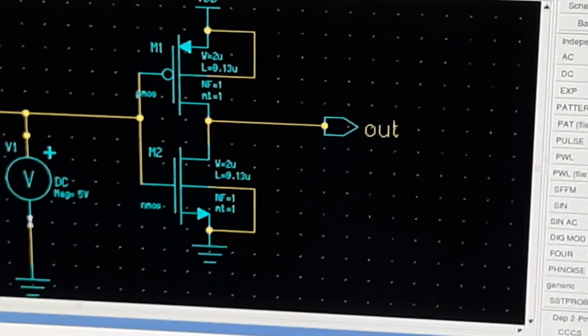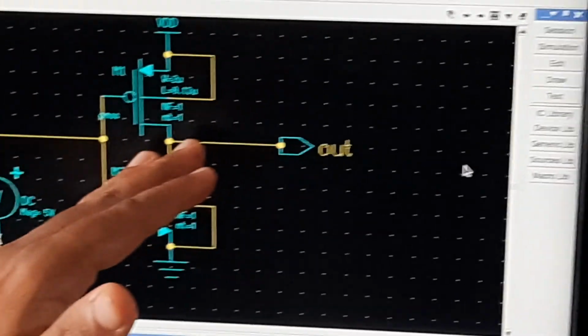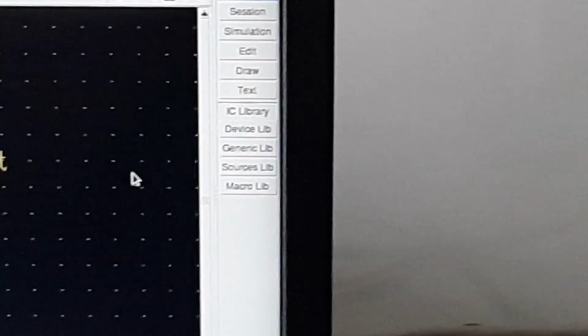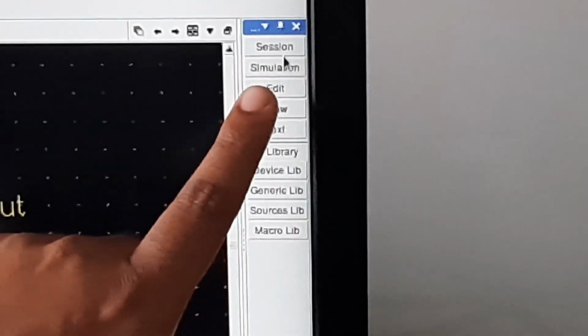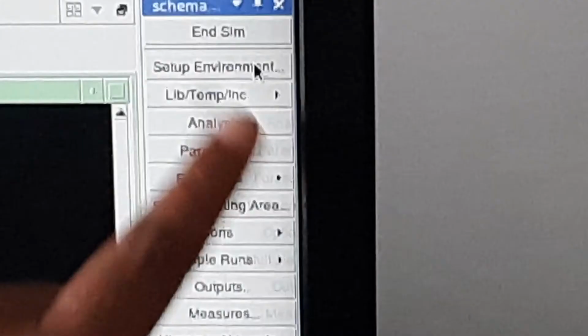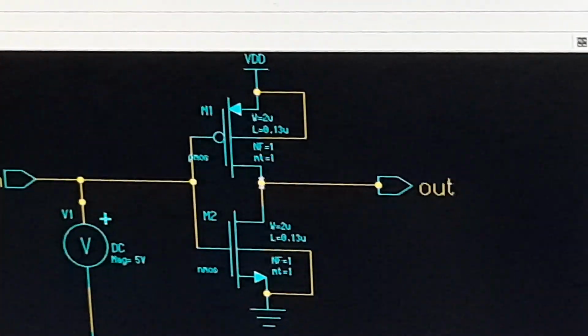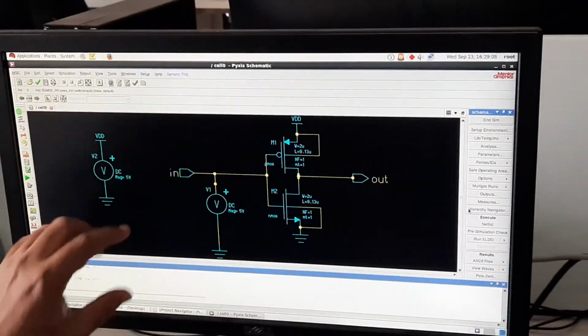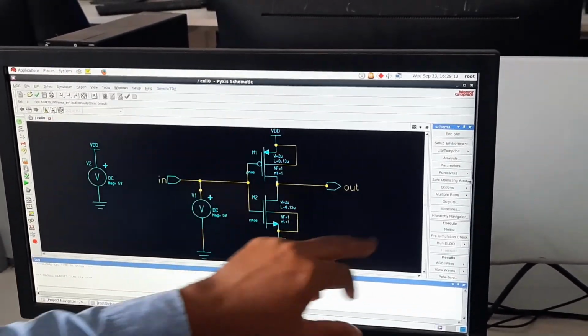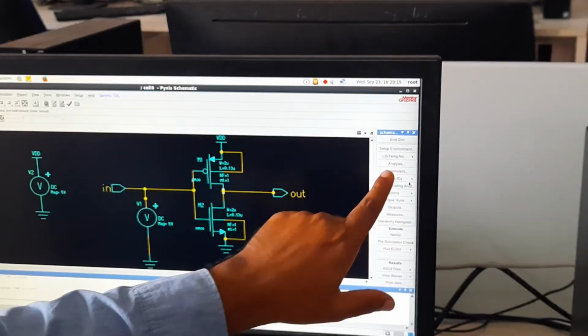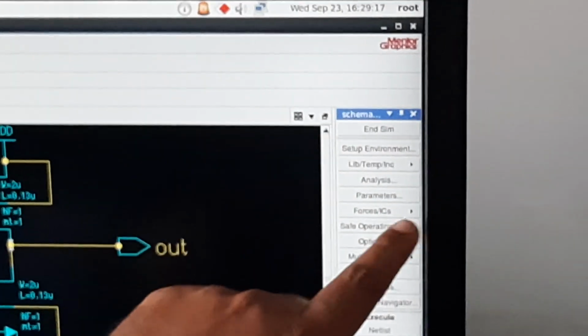Again, analysis is required, which means the simulation form. You click on simulation. Now this window is in simulation mode. You do not change anything here. Everything is fixed. There are many options, and one option is analysis.